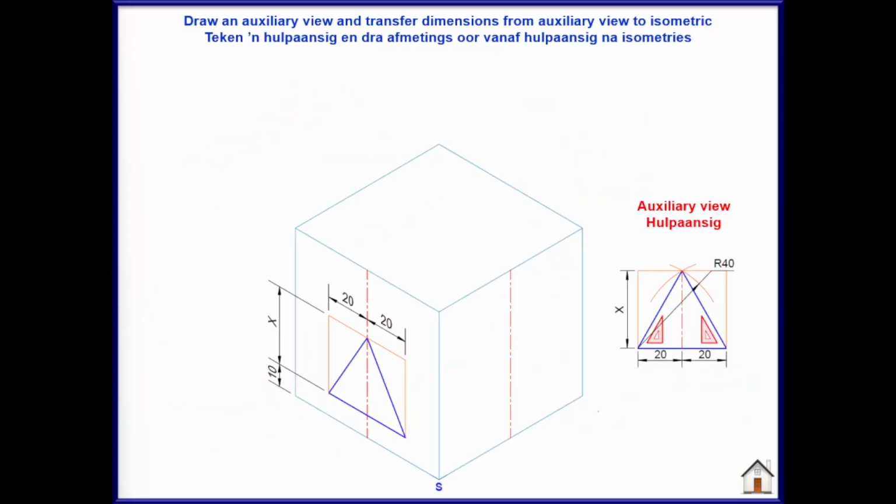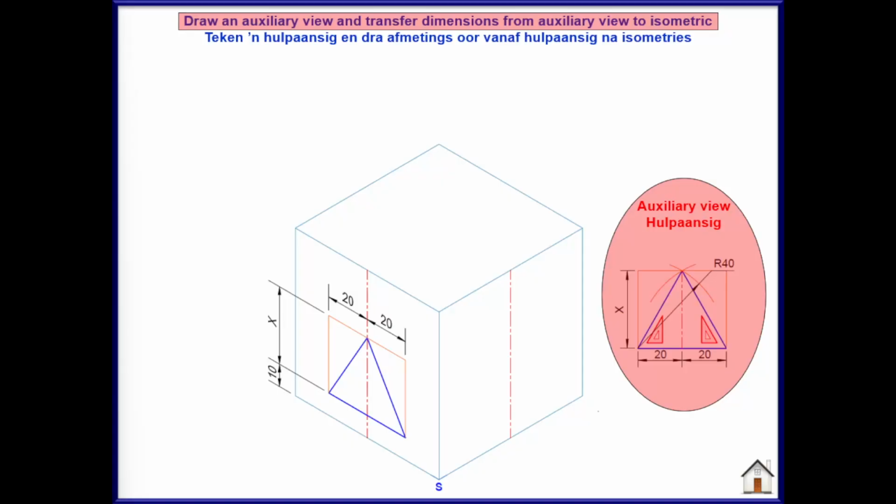We will start with our triangle, which will be visible in my front view. First, we must draw an auxiliary view and then transfer the dimensions from the auxiliary view to the isometric drawing. So our auxiliary view will be an equilateral triangle and can be constructed in two different ways. First, we will have the base. We can use our 60-degree set square and draw a line from the right. Use your 60-degree set square and draw a line from the left side, and where those two lines meet will be my equilateral triangle. You can also use our compass.